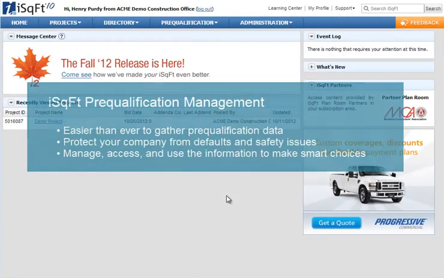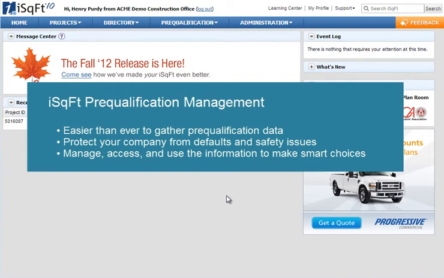iSqFt's new pre-qualification solution makes it easier than ever to gather pre-qualification data from your subcontractors and protect your company from the costs associated with defaults and safety issues. iSqFt's centralized pre-qualification makes it simple to manage, access, and use this information to make smart choices, all in one